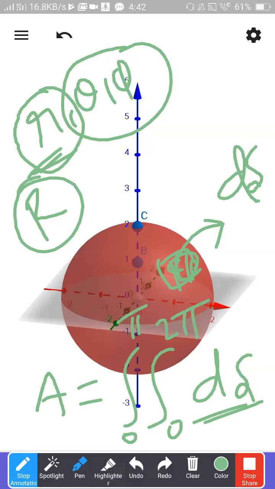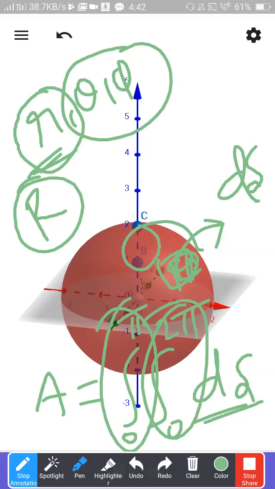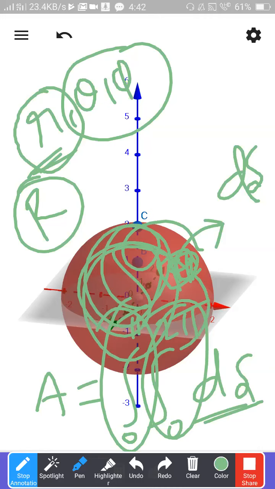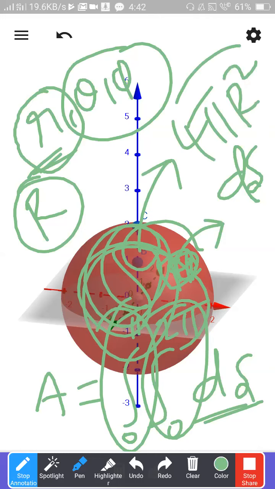You have taken a small elemental surface. Again, you have flexibility. You can go anywhere on this surface. That means what? The entire surface is in your hand. You are doing integration, so the entire surface is in your hand. Once you have the entire surface, what is the surface area of the sphere? We have seen it in the beginning itself. What is the surface area of the sphere?